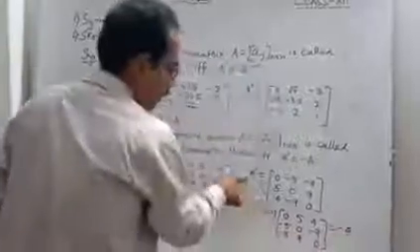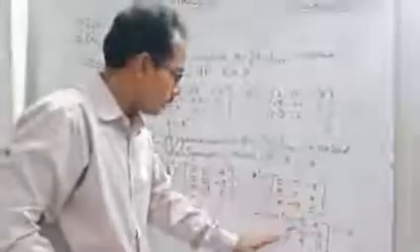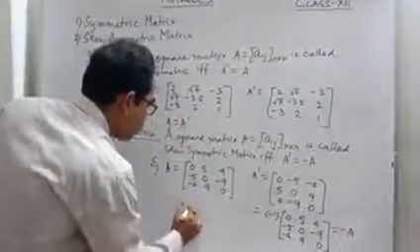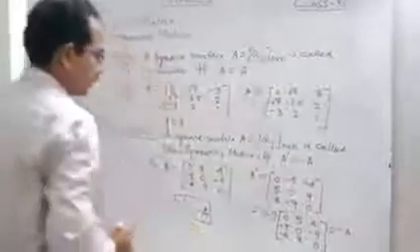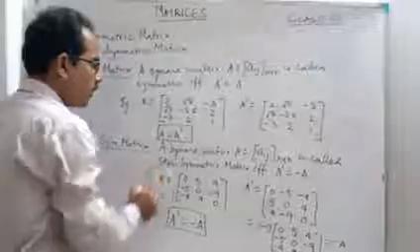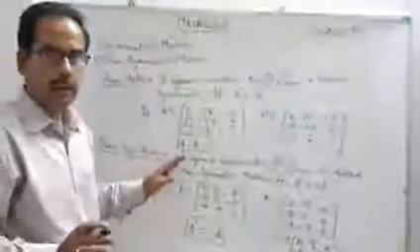So ultimately, you have taken a 3 by 3 matrix and found the transpose, which is also equal to minus A. So ultimately you are getting A transpose equal to minus A. When you get this, it is the skew symmetric matrix, and when you get the earlier one, it is the symmetric matrix. I think both topics, symmetric matrix and skew symmetric matrix, are clear. Okay, students.